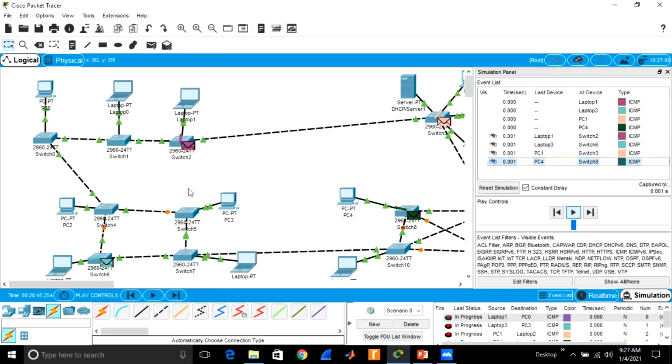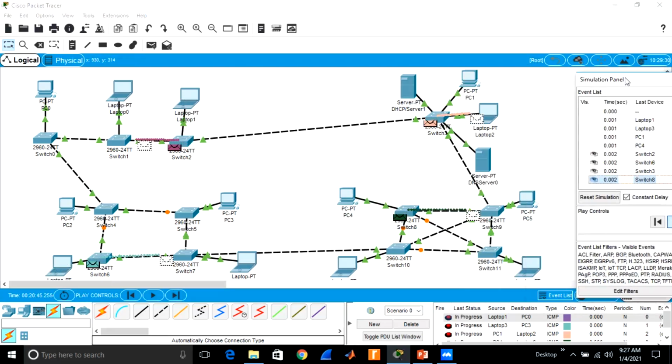Check it. Yeah, send here. In this case we have used the switch, so that is why they can sometimes use this path.